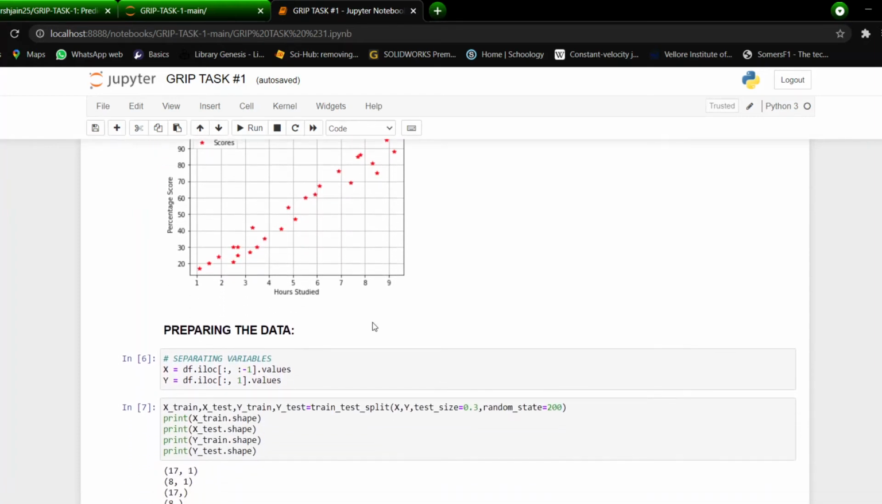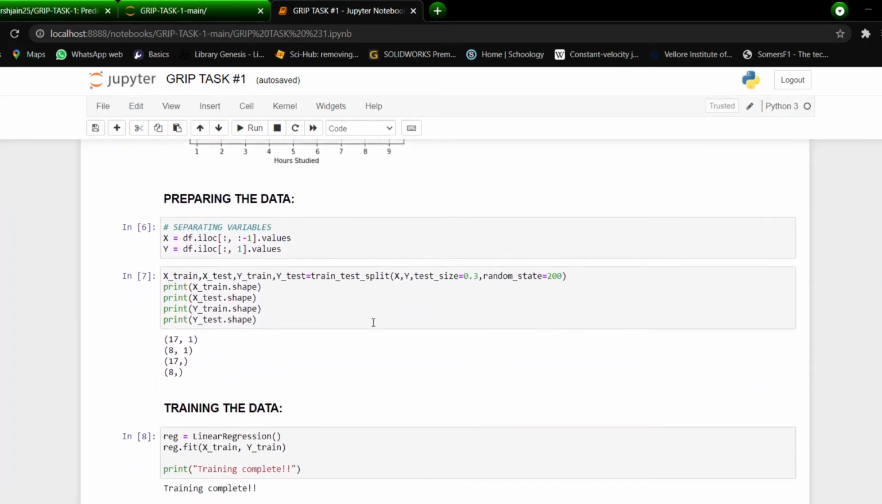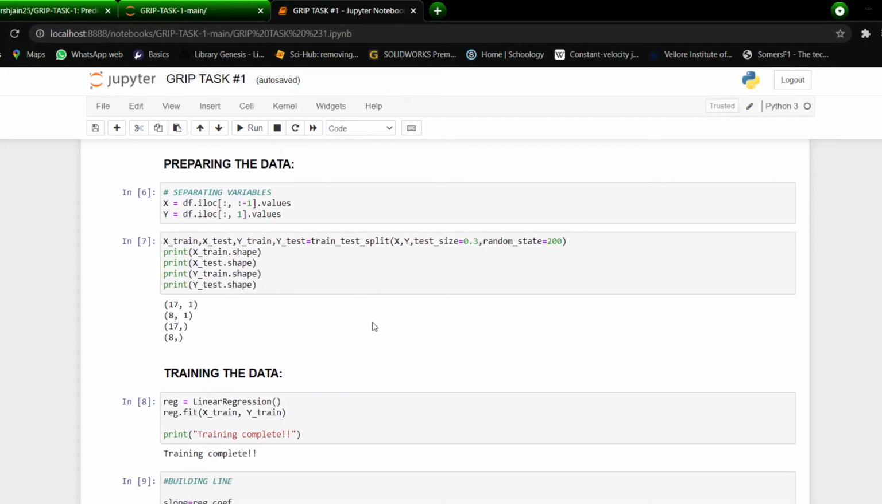Now the next part is preparation of data. We have to separate the dependent variable and the independent variable from the data frame. As we have done, x is the independent variable and y is the dependent variable, and now we are distributing it into two sets, the training set and the test set. We have used the train test split library,